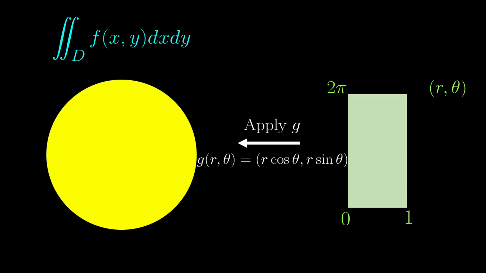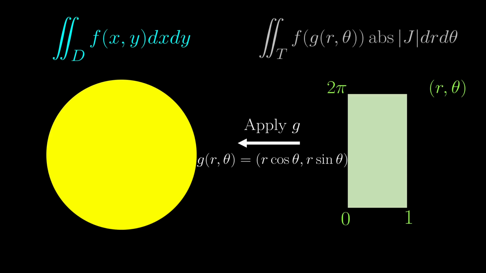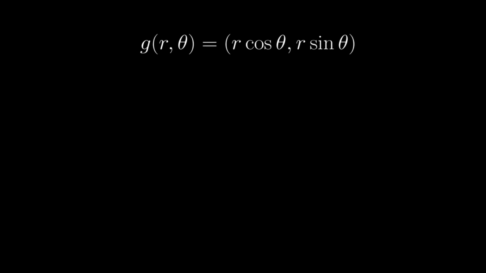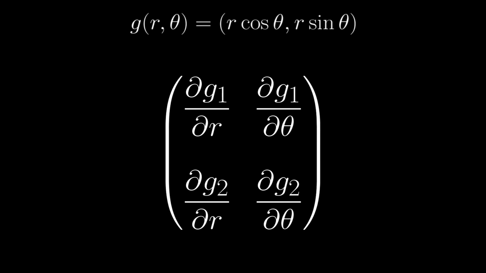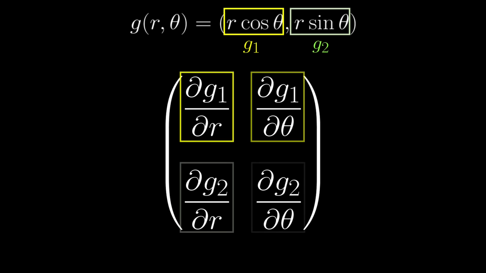So according to our change of variables formula, we want to compute this integral instead, but now the region T is rectangular, and the original region D is simply g of T. Now all we need to do is to figure out the Jacobian determinant. To do this, recall how to compute the Jacobian matrix first. Here, G1 and G2 are the first and second components of the outputs of G. Then all we need to compute is each of these entries and do the crisscrossing to get the determinant.